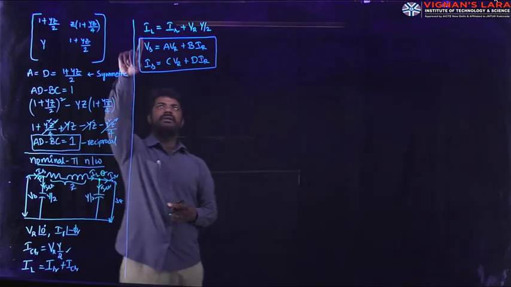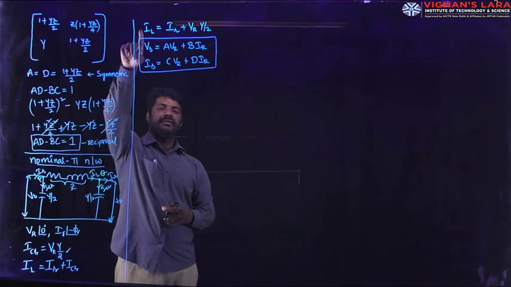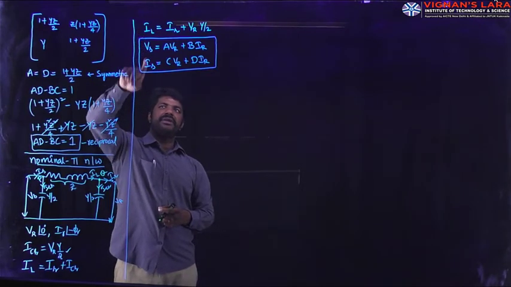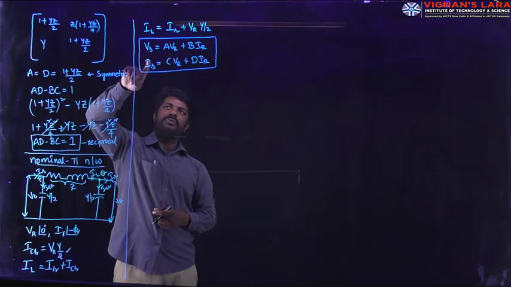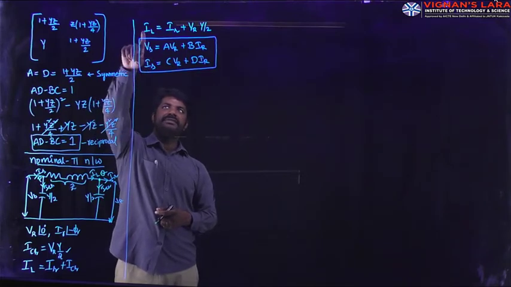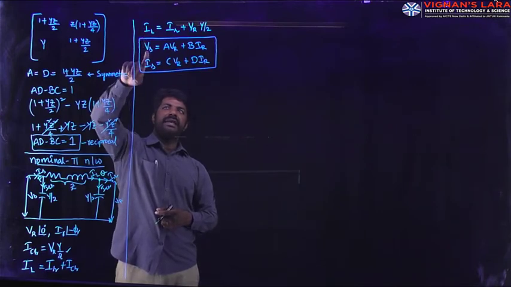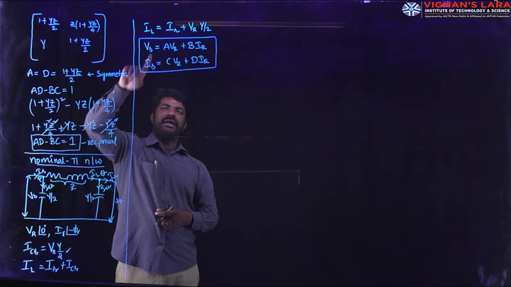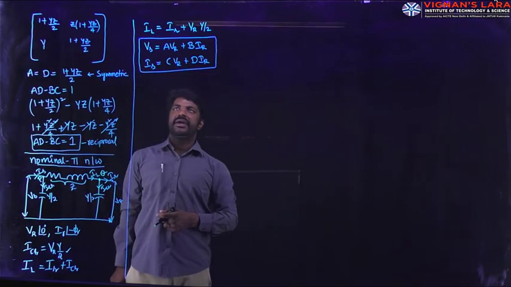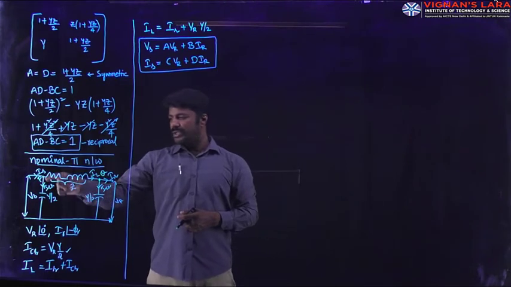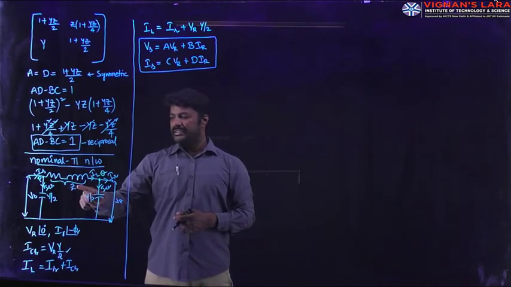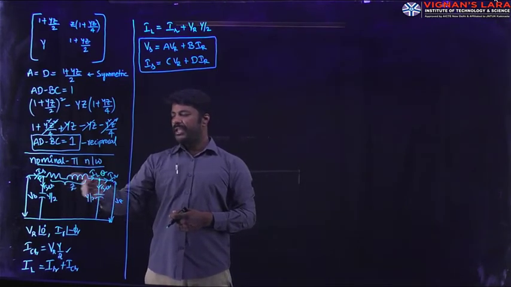Right now I got the magnitude of IL, which is not matching with our performance equations. In our performance equation, we want either Vs or Is. But this IL is an intermediate quantity which helps in analyzing either Vs or Is. Let me check where IL is passing. The IL current is passing through this series impedance called Z, which will be helpful in applying the KVL by getting the drop.